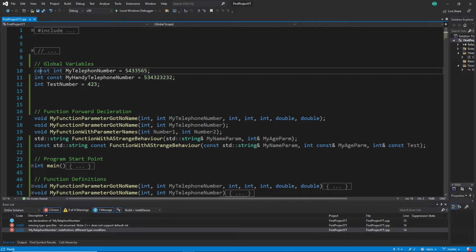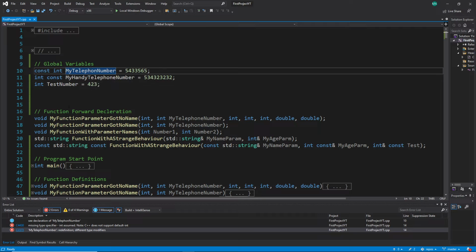So that means this const int, this is a const int type, which means this variable here, now we read from left to right. This variable, my telephone number, has a const int type, which means the values of the type can't be changed, which means I can't change these values. So one more time, we read from right to left, but when we see a const, we start from the const point to read right to left, and then we will